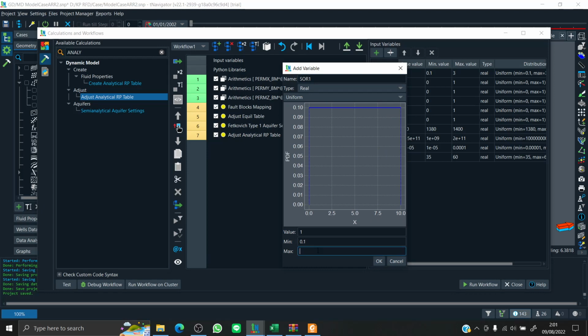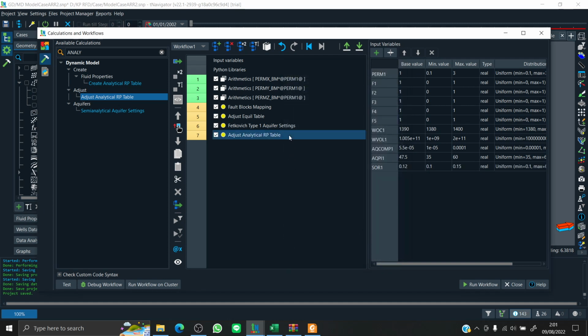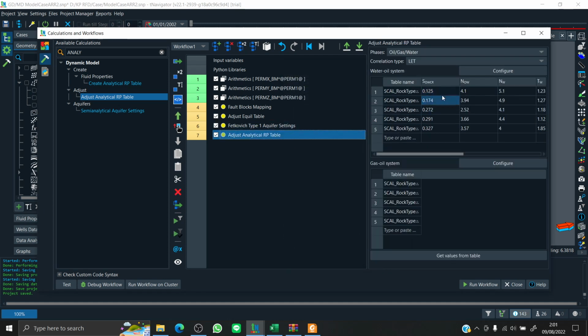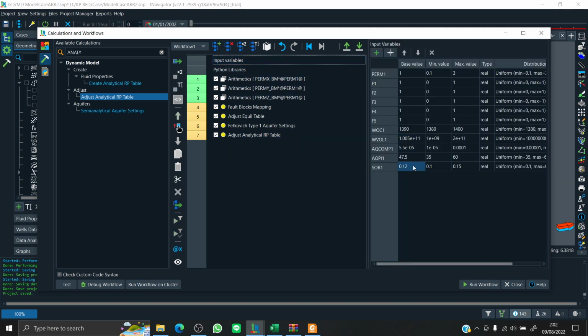Then the base value, I forgot, just put some value between here. Oh, this is 0.125 for rock type 1, maybe. Yeah, this is rock type 1, so 0.125 as the base value.